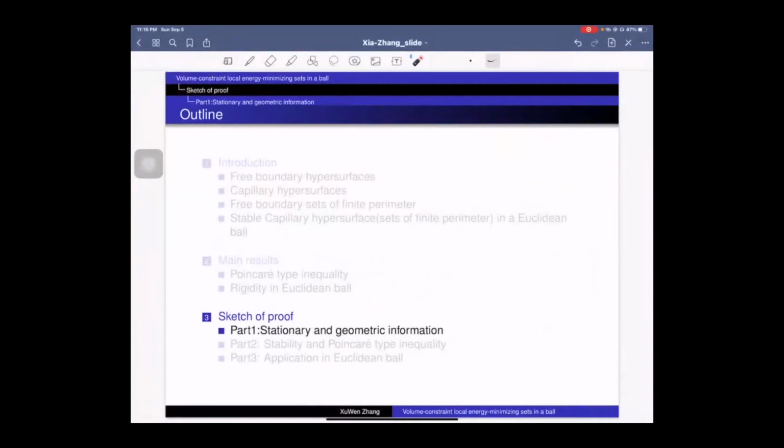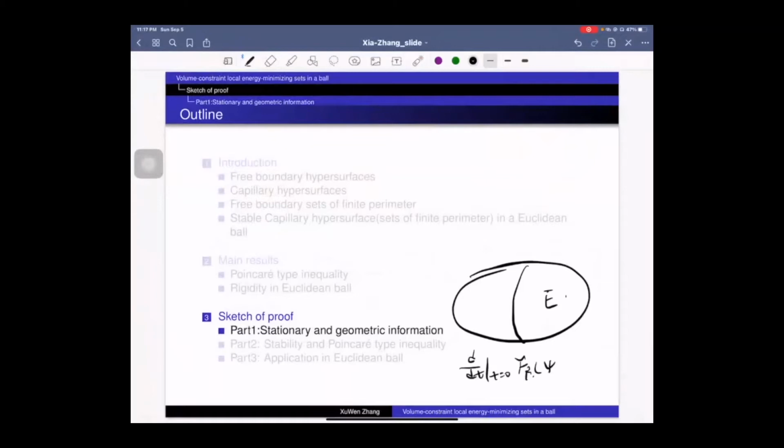In this video, I will present the first part of our proof. Briefly speaking, we prove that for such E, if it is a critical point of some functional, the free energy functional, among admissible variation, psi T, which preserve the volume, then we can derive that